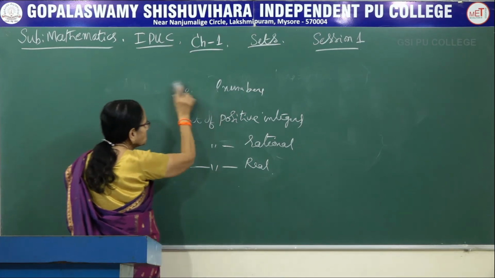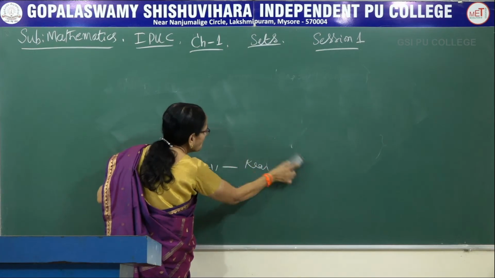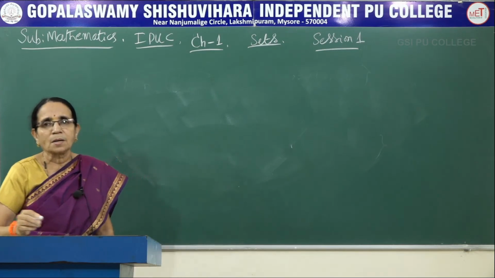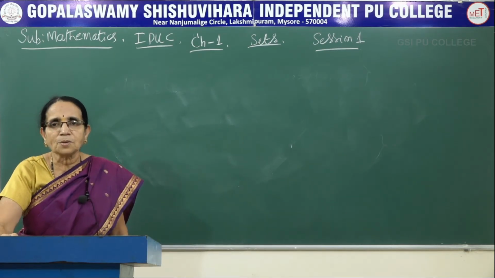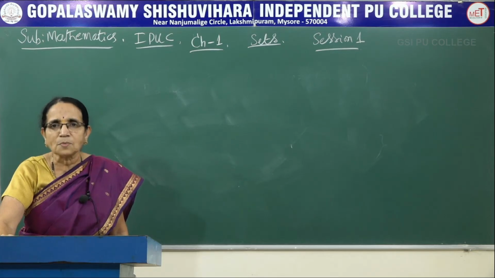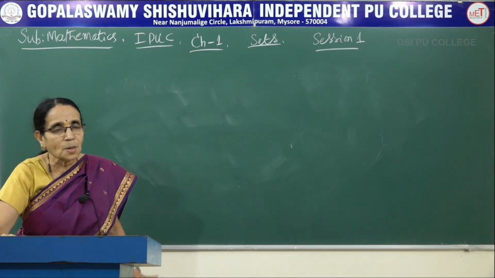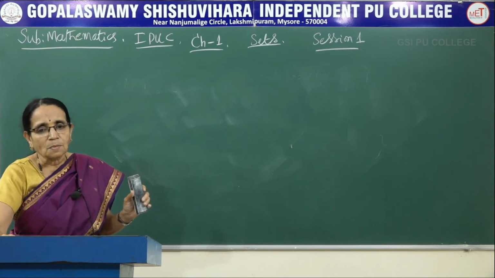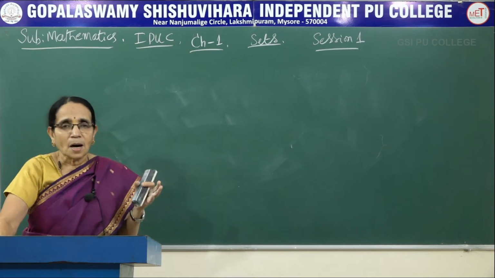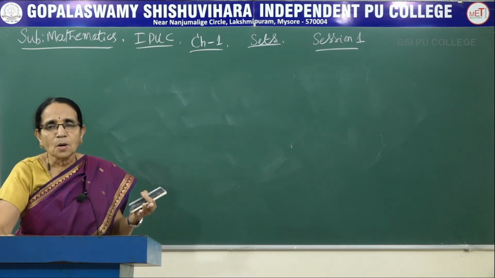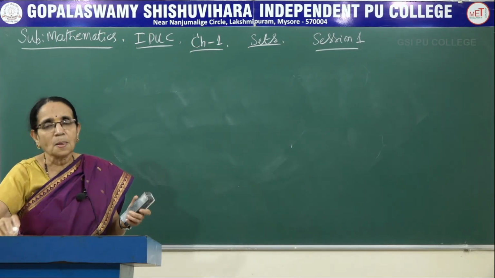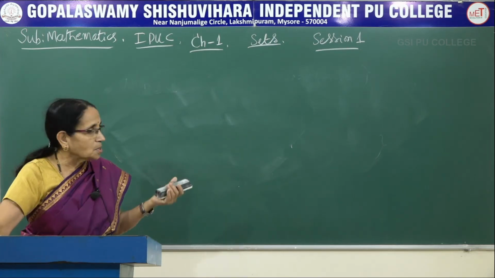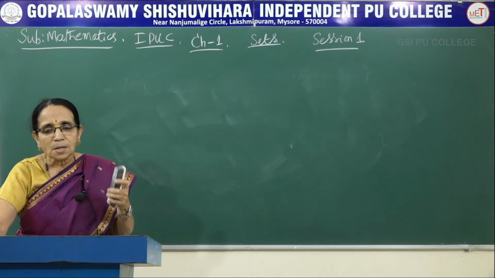Now, this is the information about sets. What we have learnt now: a set is a well-defined collection of objects, and sets are denoted by capital letters. The objects or elements or members of the set are denoted by small letters, and the members are enclosed in a pair of flower brackets. Now these are the standard sets we are having: N, I or Z, Q and R. If you write a plus above that, they denote the sets containing only the positive integers, positive rational numbers, positive real numbers.